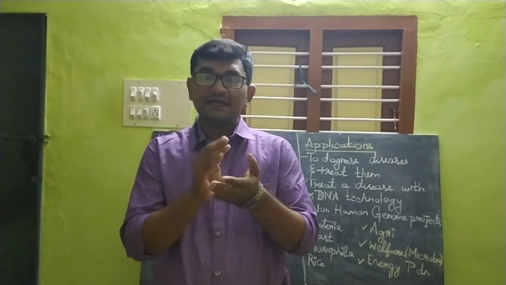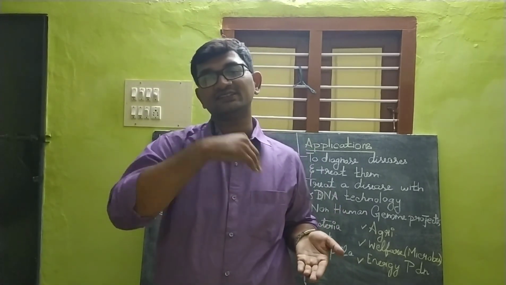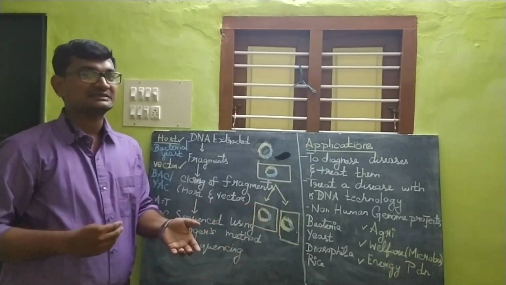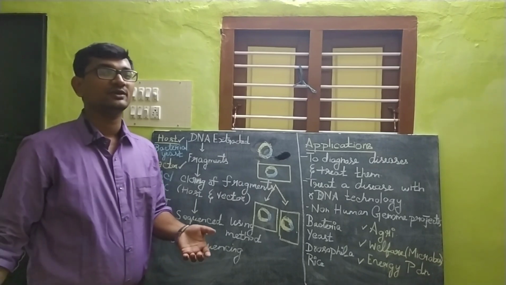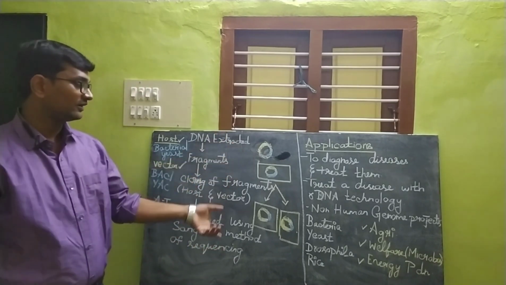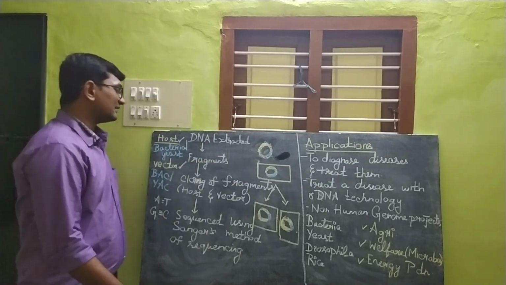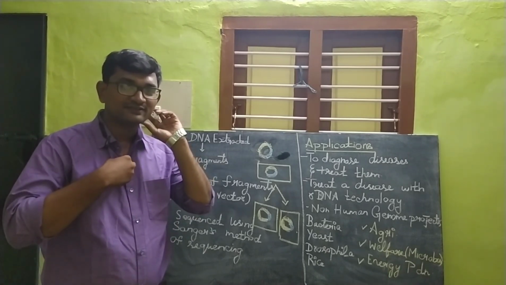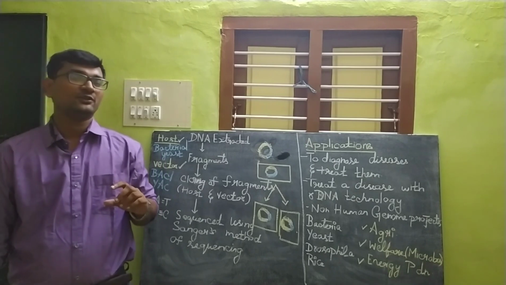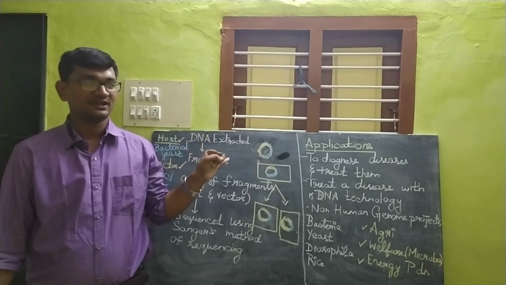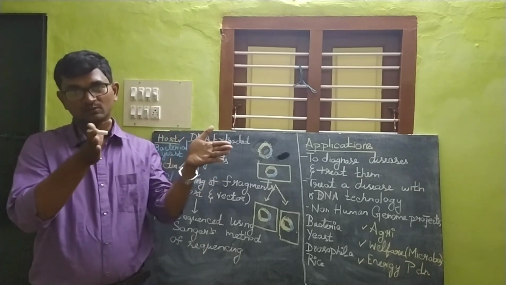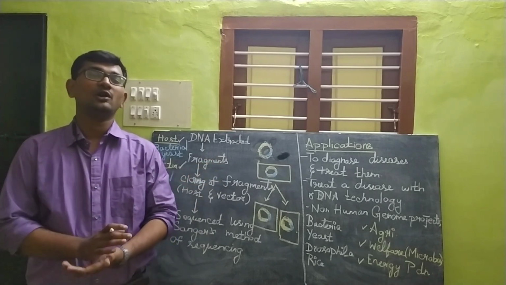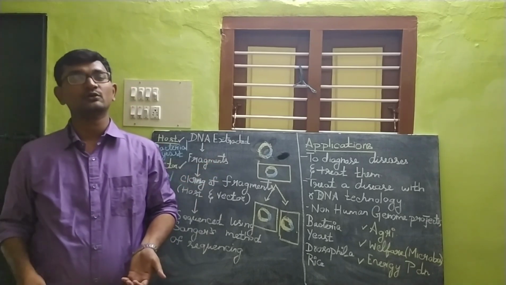Next we are going to see what are the different techniques and applications which are basically used in the Human Genome Project. We have seen in the last class what is the different methodology used for the Human Genome Project. So now we are going for the different techniques. Once we start, the first step in the technique process of the Human Genome Project is to extract the DNA, then cut it into small fragments, that is, breaking it up into small pieces. When we break it into small pieces, we then produce a clone of the fragment.